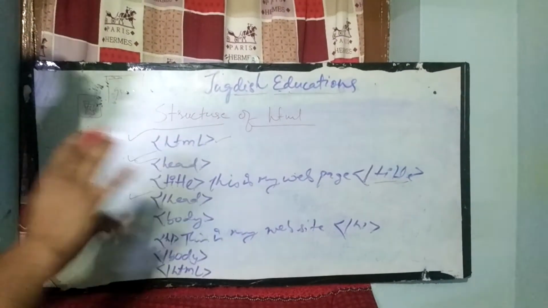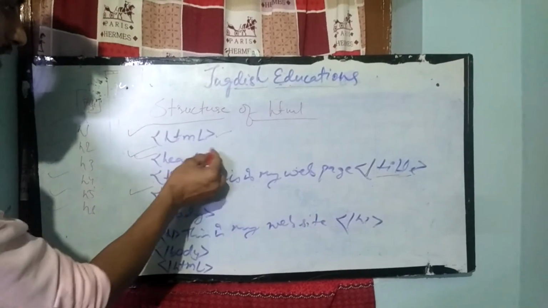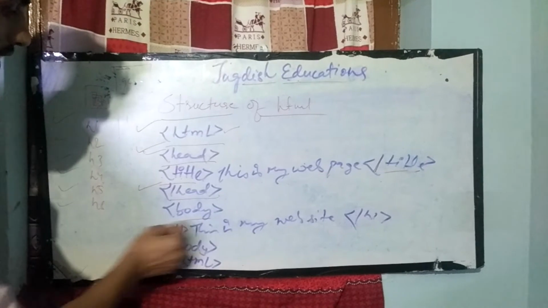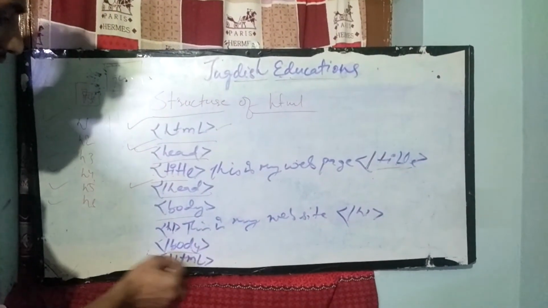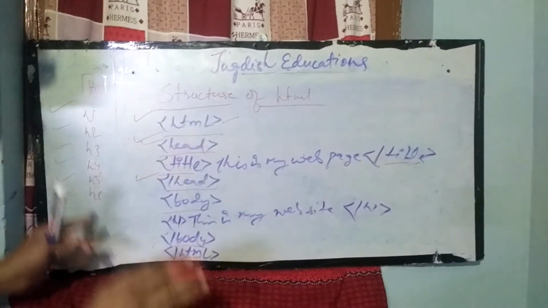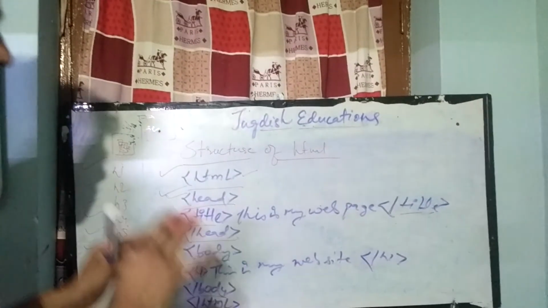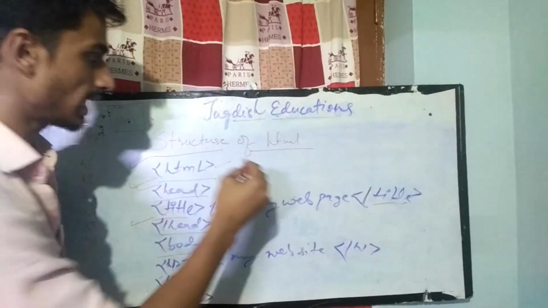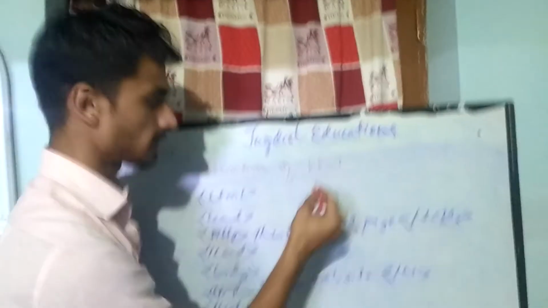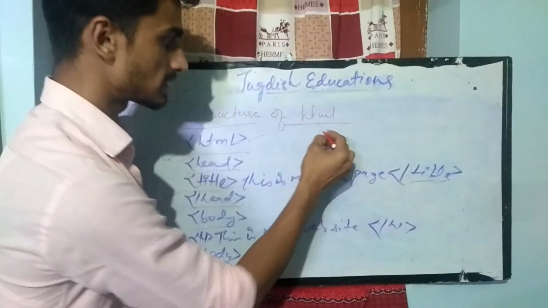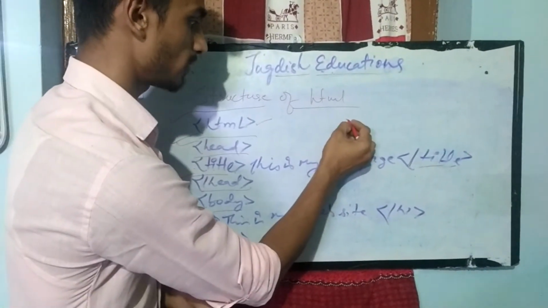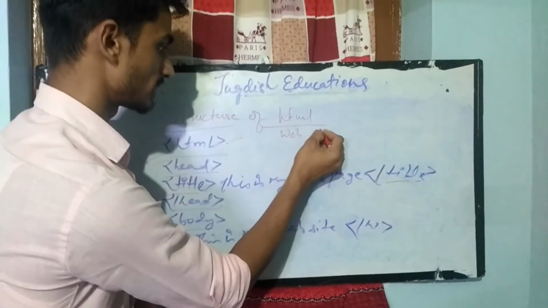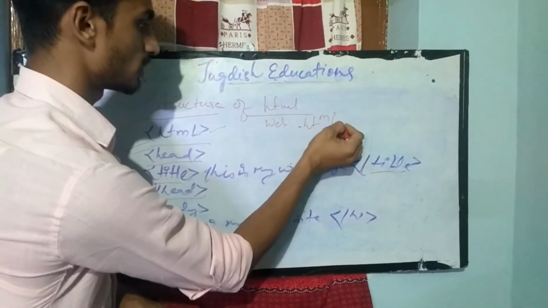This is a very simple structure of HTML: the HTML tag, then head section, then title section, close the title section, and then close the head section, body section, then close the body section, and close the HTML. This is an easy HTML structure to remember. So this is the basic structure. And the second thing, guys, remember, always save the file name with the HTML extension. So I'll be writing, this is just a web page, so web.html.